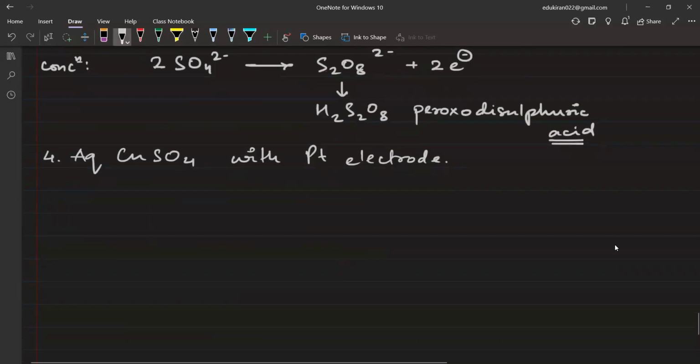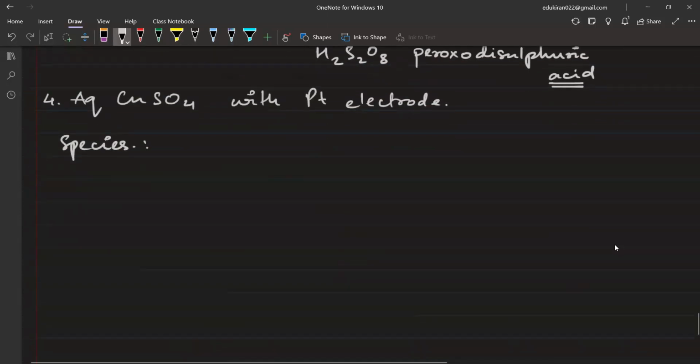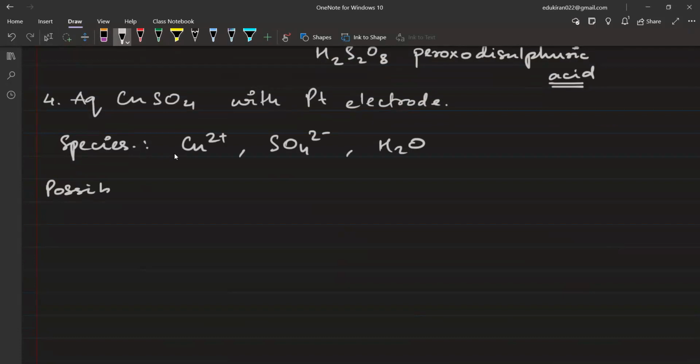Okay, so please write first of all, what are the species here? Tell me, what species do we have? Tell me guys, what are the species in aqueous? Cu2 plus, SO4 2 negative, and water. Okay? So we'll write possible reactions